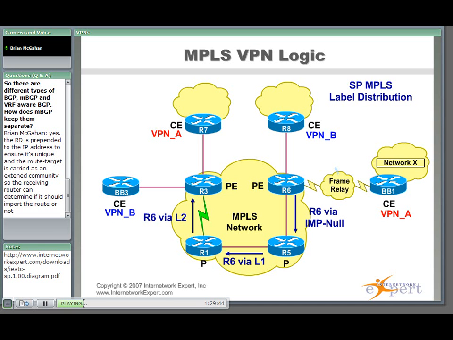Router 6 is telling router 5, in order to get to me, use implicit null. I want you to perform the PHP operation, the penultimate hop popping operation. So when you send me an MPLS packet, I want you to send it not as a labeled packet, but just as a regular IP version 4 packet, because I am connected to the final destination. Router 5 then says to router 1, if you're getting to router 6, you're going to use